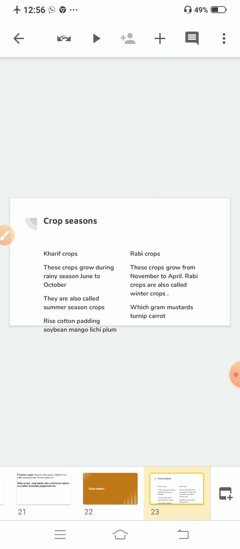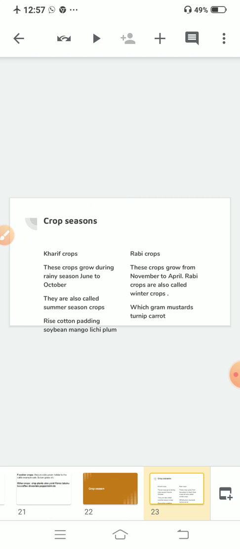Different crops require different climatic conditions, temperature for their growth and maturity. Sunlight is required for photosynthesis. Clear? But I am saying that different crops require different climatic conditions, temperature for their proper growth and maturity. Sunlight is required for photosynthesis, and the process of manufacturing food by green plants is known as your photosynthesis.